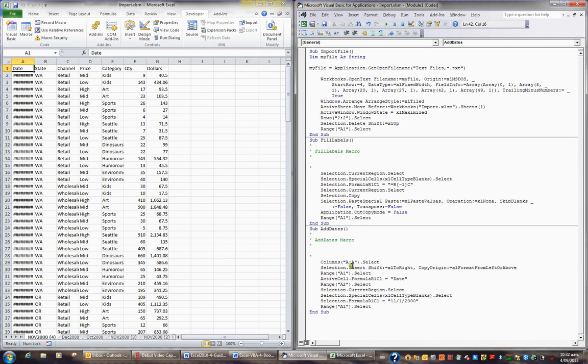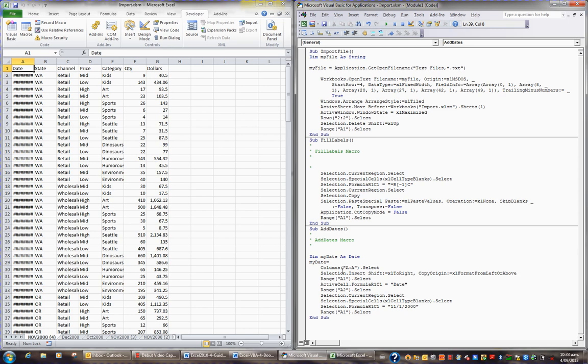So we're going to add a dim statement to our code. I'm going to click in the subprocedure add dates and just take out this apostrophe, and I'll put a dim statement, and I'll declare my date as a date. So the variable is called my date. And then I want to gather the date from the user. So I want an input box to pop up and ask the user what is the date that's to be entered in column A. So I'll say my date